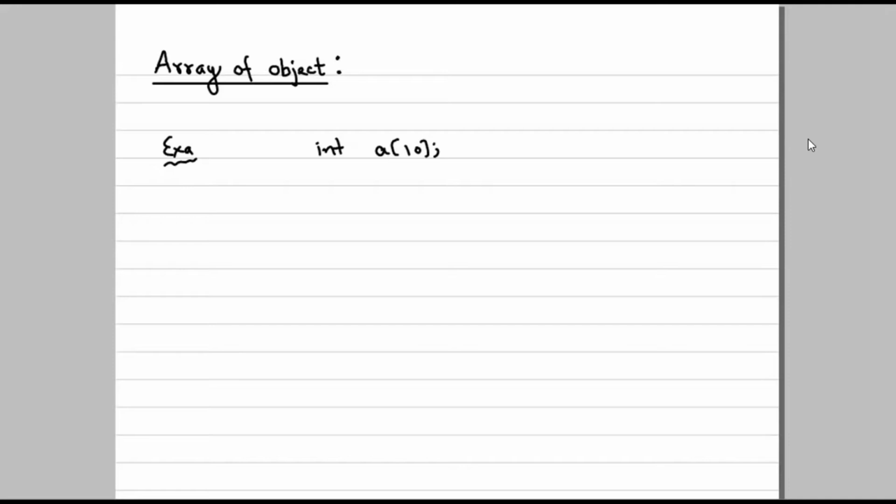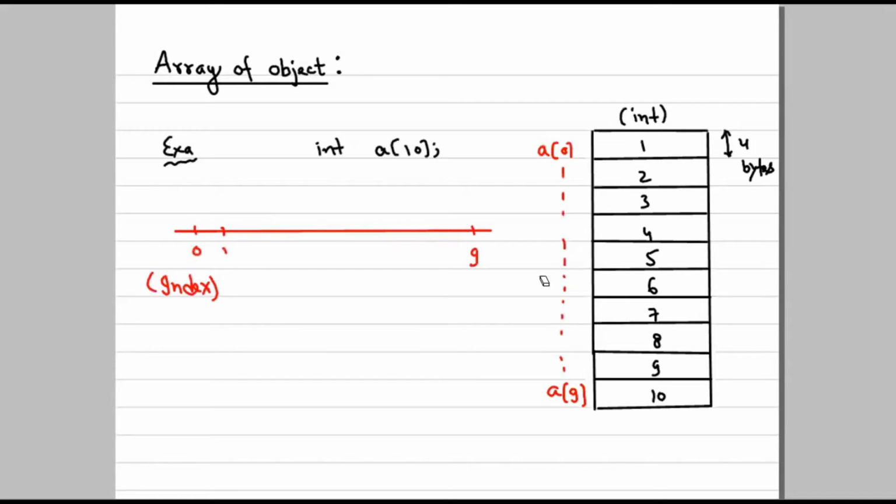Let's discuss the memory aspect, when this array is stored in memory, how it would look. The indexing of this array would be from 0 to 9, not 0 to 10, otherwise it would be counted as 11 elements. In memory, an integer takes 4 bytes in 32-bit systems. A[0] will store the first element. Let's say we are storing the numbers 1 to 10 in this array, so A[0] will store 1 and A[9] will store the integer value 10.